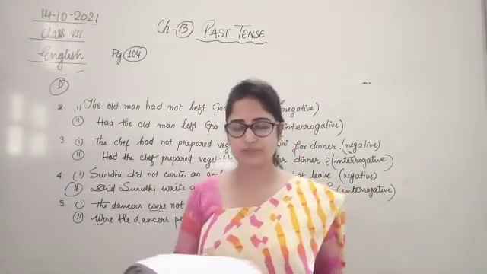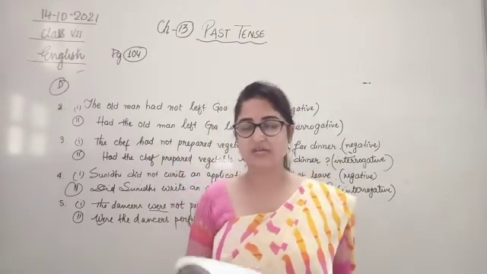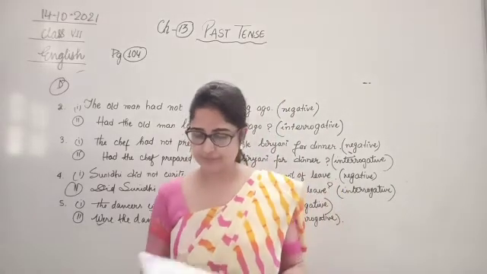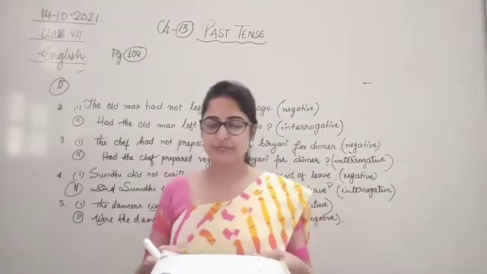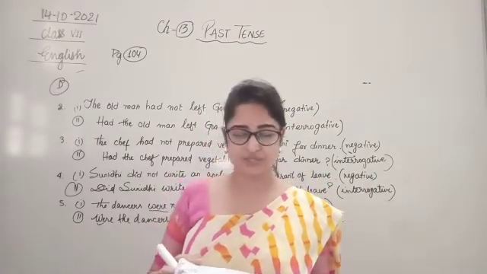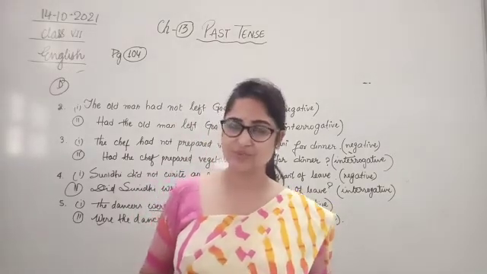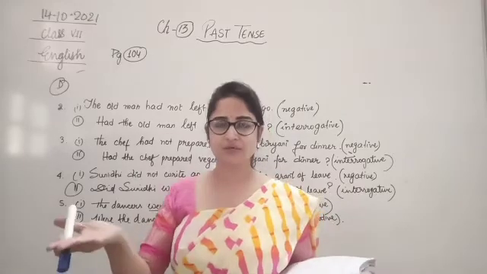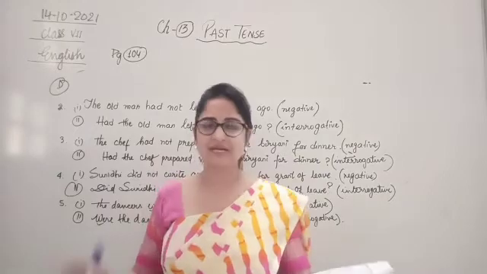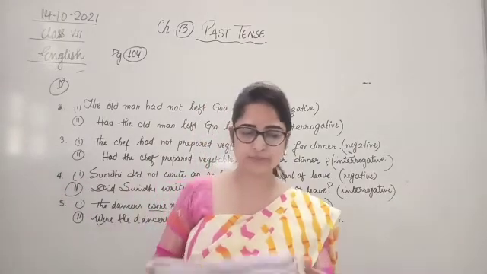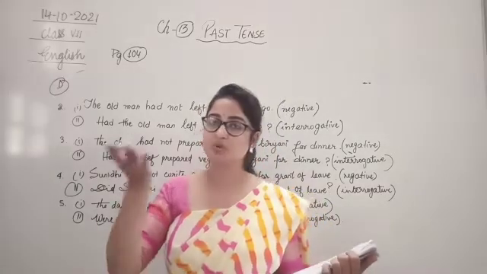Present perfect or simple past. Both the present perfect tense and the simple past tense indicate an action completed in the past. However, there is a clear difference between the two. What is the difference? Let's learn. The simple past tense expresses action that was completed in the past but is not connected with the present. So nothing is the result of the past event. It has ended there and then only, and it has nothing to do with the present. Example, he lost his watch yesterday. So the watch was lost yesterday.